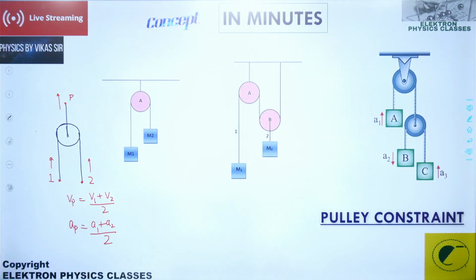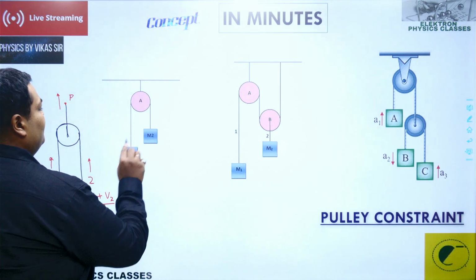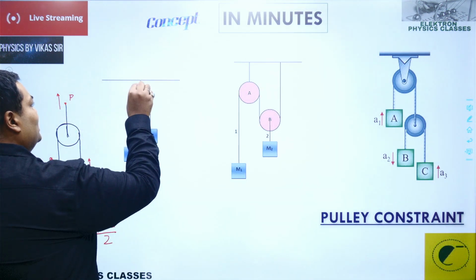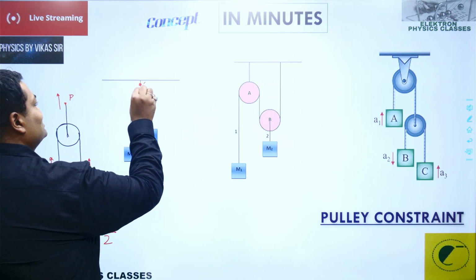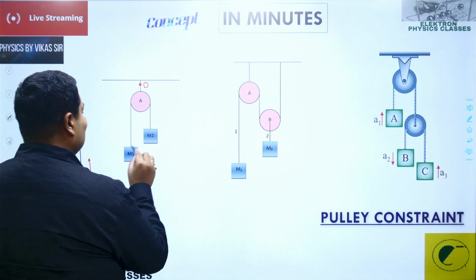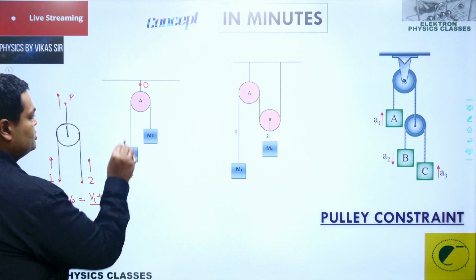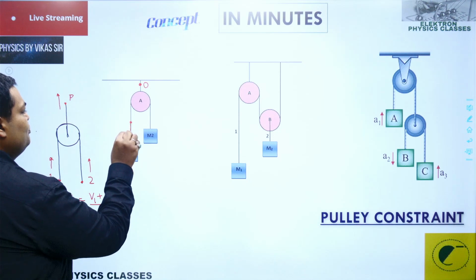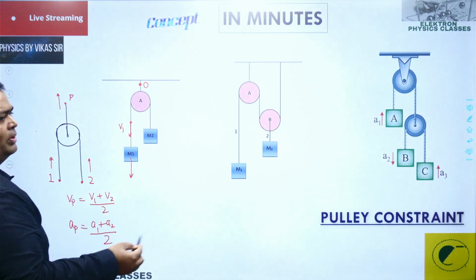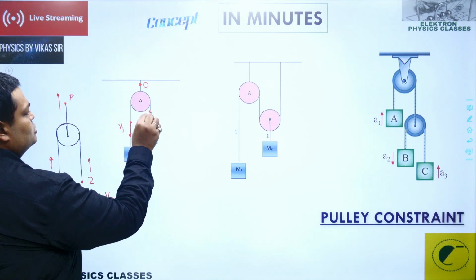And following this, let's see how we attempt the question. So example number 1 over here, I have these two blocks while this particular point is fixed. So that means it has zero velocity. Now this velocity, let's say, is v2 and this is v1. While this particular block is moving down, this particular point has a velocity v1 downwards. So this particular point should be moving up. So it has a velocity v2 up.